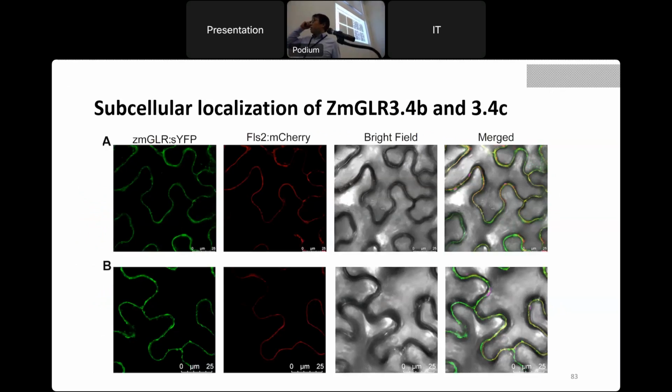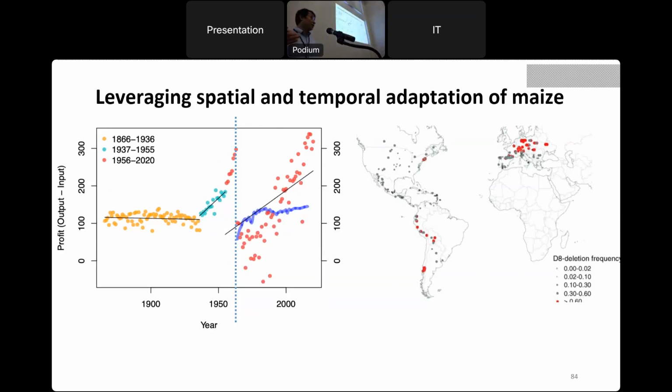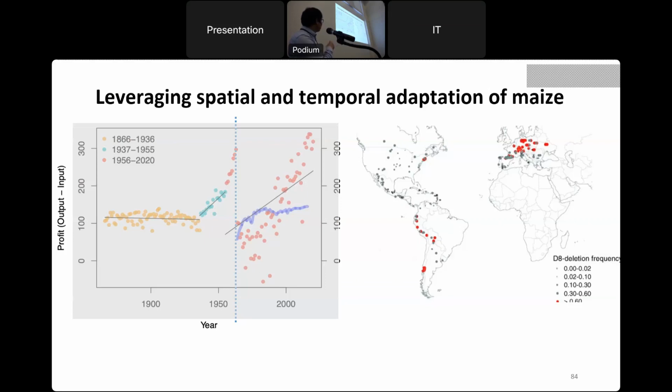So this experiment suggests that the subcellular localization of the GM GLR 3.4b and C is actually in the membrane. So by checking this historical breeding pattern, we identify these genes likely play a role in sensing the nitrogen level at a cellular level. And hopefully this gene can be utilized in breeding to increase, or at least not decrease, yield a lot under nitrogen limitation conditions. Well, that's the temporal pattern I leveraged to study this crop adaptation to nitrogen limitation